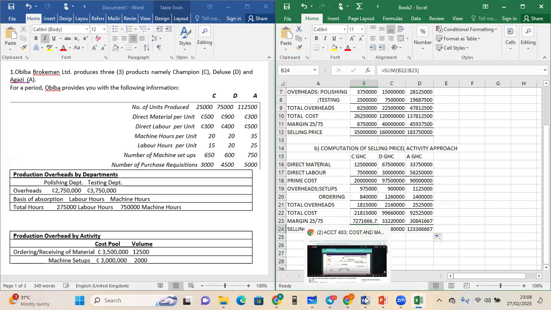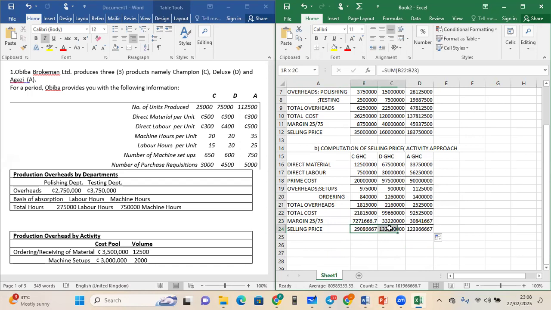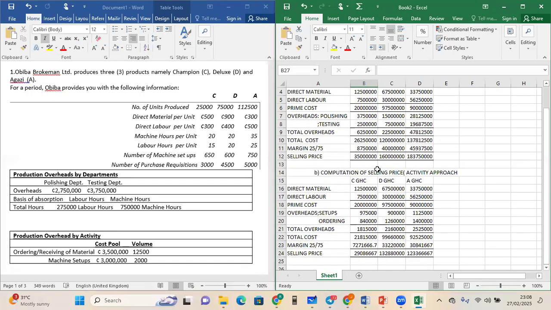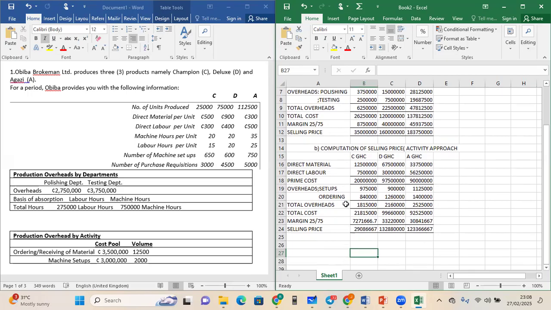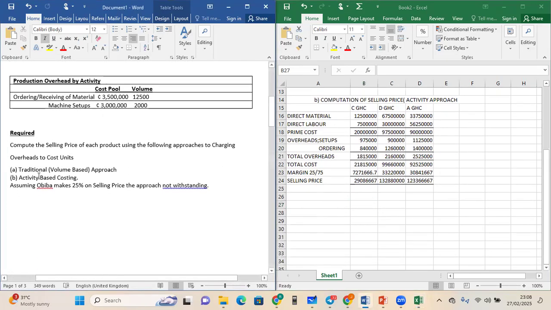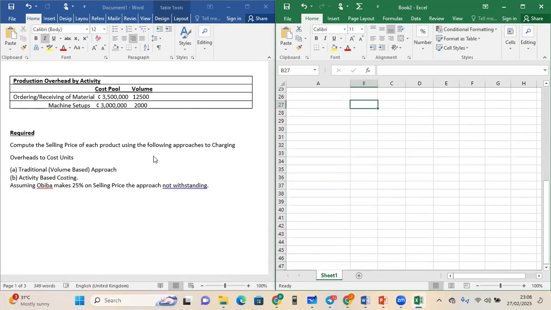So now this is the selling price for the activity base and also for the traditional overhead approach. So you can see there is some difference in it, but they told us to only compute for the activity base and then the traditional. That's it. So now let's move to